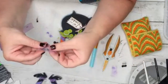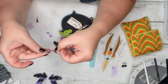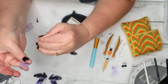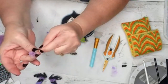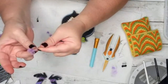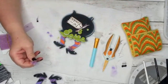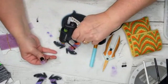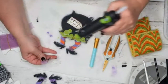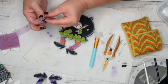Okay, so I'm down in the center. I'm going to fold my piece of ribbon in half. And then I'm just going to pull and make a ruffle. Yeah, I think it needs to be in the center, at least for me. Okay, so we're going to take the hot glue and we're going to glue down here at the base